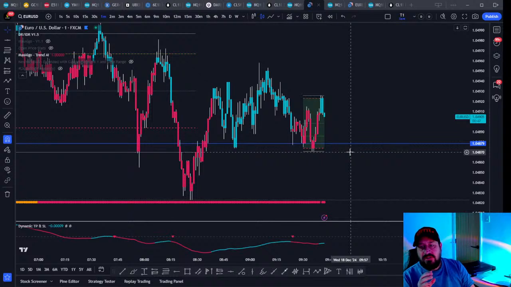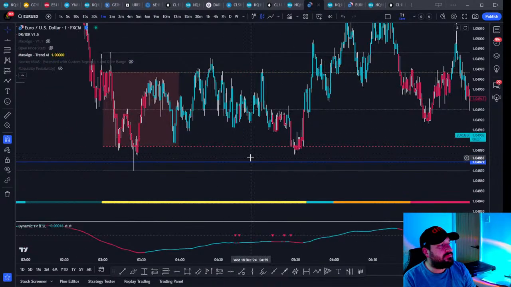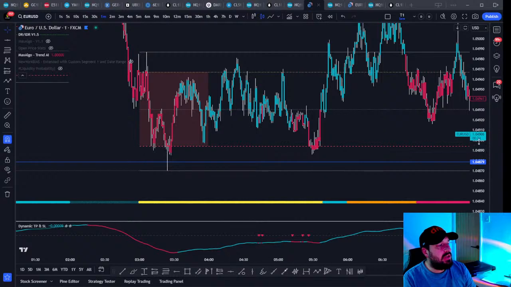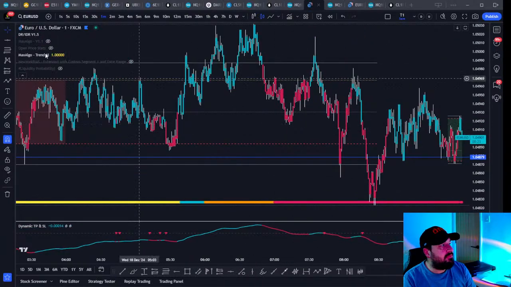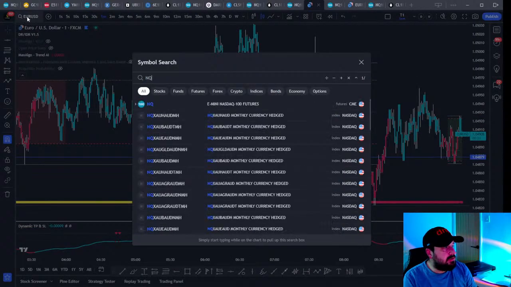So it depends. There's so much more to it than just that specific data, right? It's just very, very high level. And it depends on what's happening. So it's okay as an initial bias, and then you want to see your other confluences add up. And we can use that data, right? In our favor.